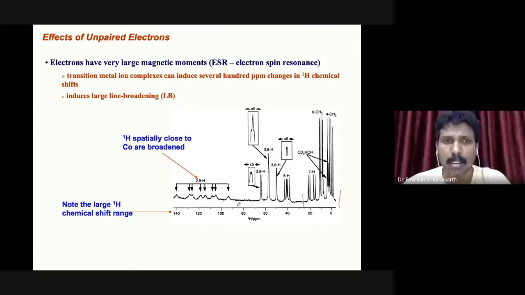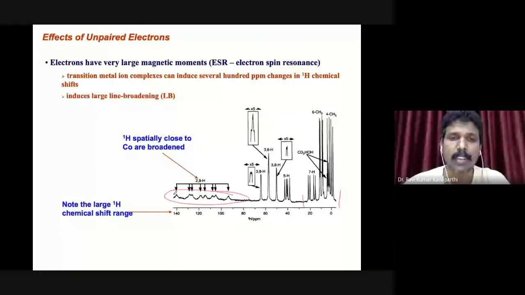It's not that you can't do it. You can do it, even though if you record it, these lines are broadened, as you can see here. When the lines are broadened, it is always problematic. In any spectroscopic technique, if the lines are broadened, it is very difficult to assign the peaks to a particular thing, because within a broad region there may be more than one proton. So they both merge together.